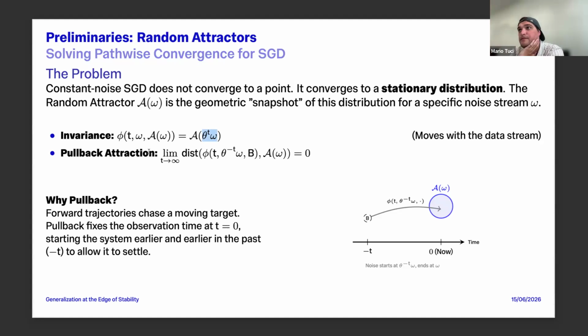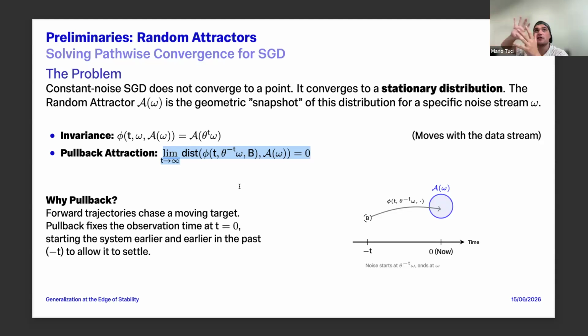And then we define attraction in a pullback sense. Why do we do that? When we normally think about what attracting means, we compute it in a forward sense, right? We go to infinity and then see where our dynamics stays. And here, when we talk about random dynamical systems, we have to do it in a pullback sense, because at each iteration we're adding noise.